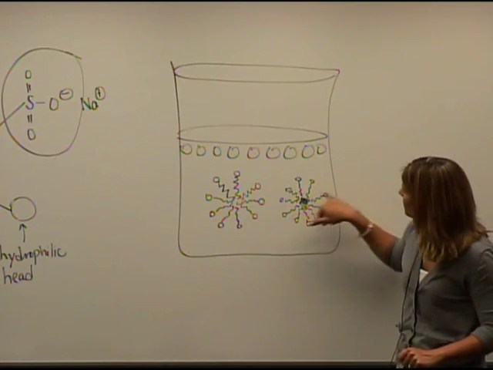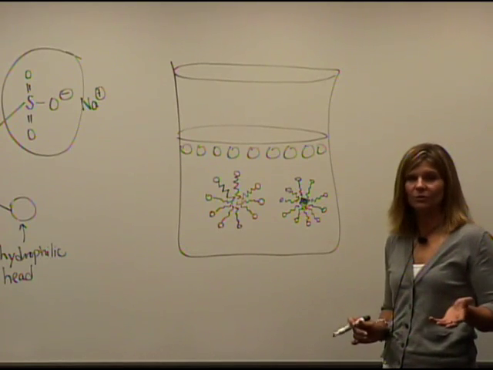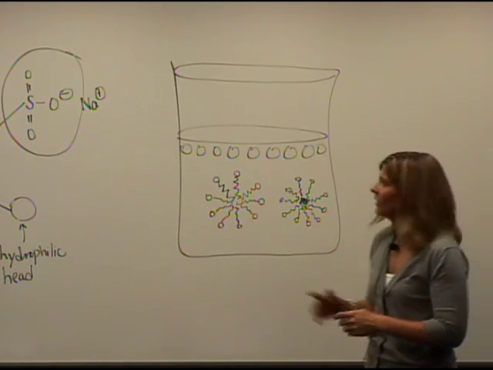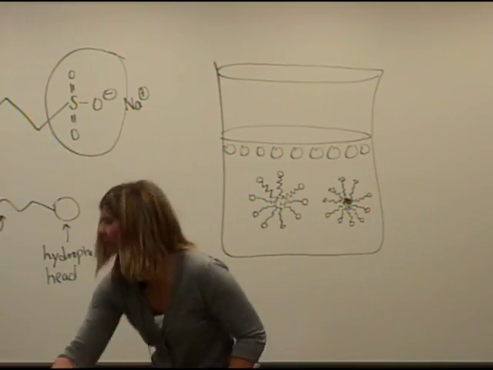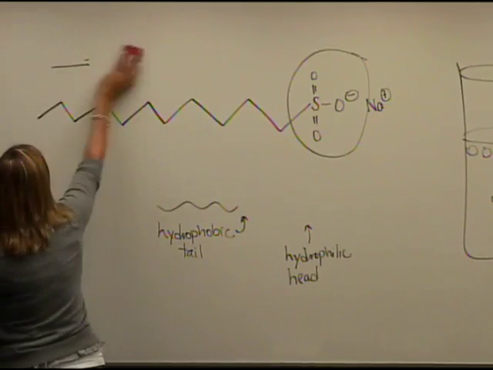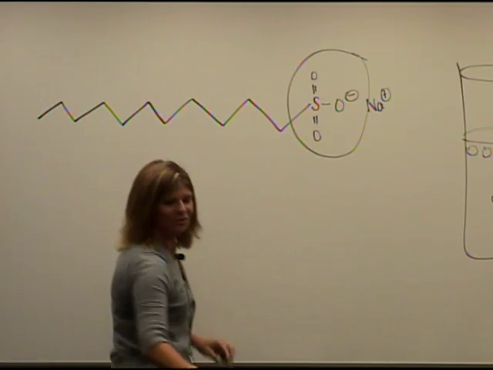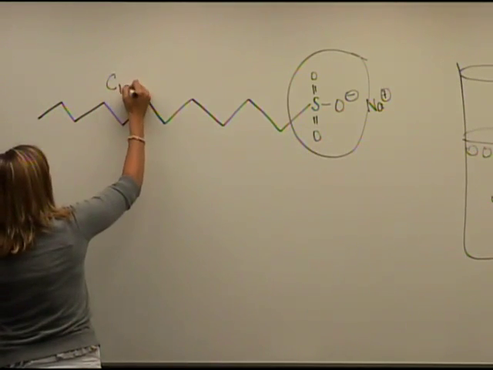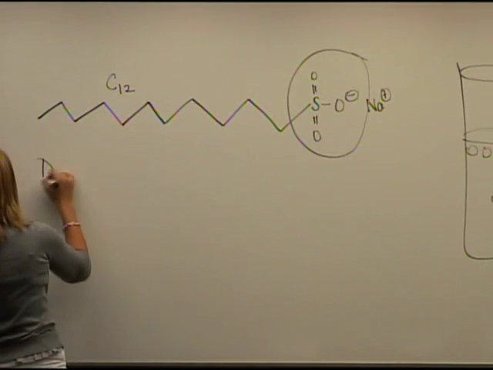So this happens, we clean our clothing, and then we come along, and I use Downy, and I think most of you use fabric softener when you're washing your clothes. And fabric softener is very similar to the Tide or the detergent that we just used. So I'm going to draw what Downy looks like, at least from the information I've been able to find. So in the Tide, this is a 12 carbon long chain. In Downy,